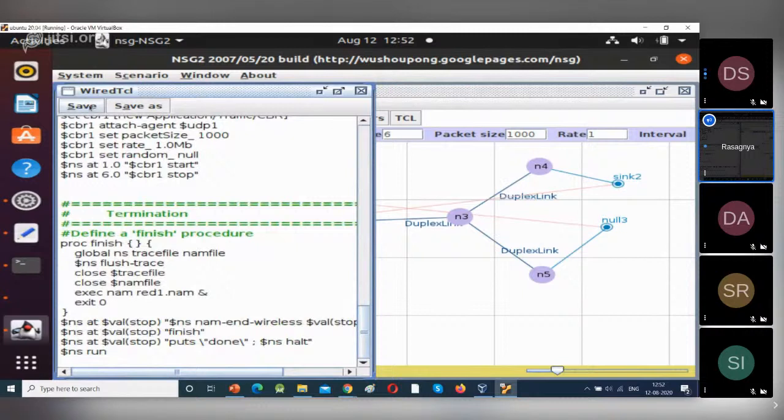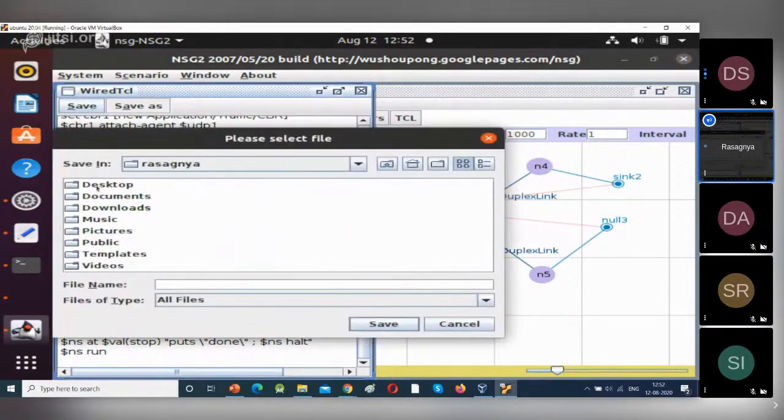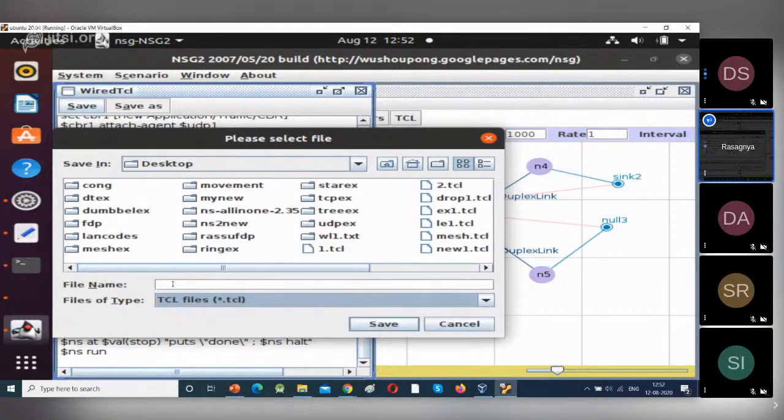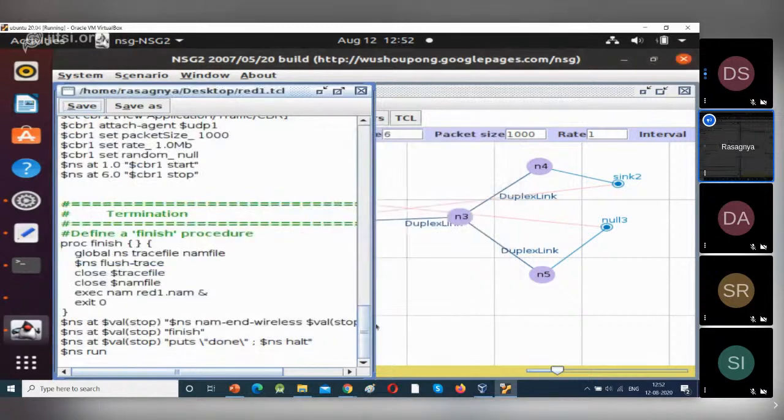Go to save. Save it on desktop. Select desktop and double click. Now select file type as TCL file. Give file name as RED1. Now click on save. Go to system, exit.